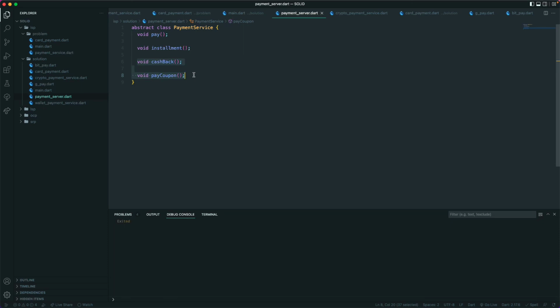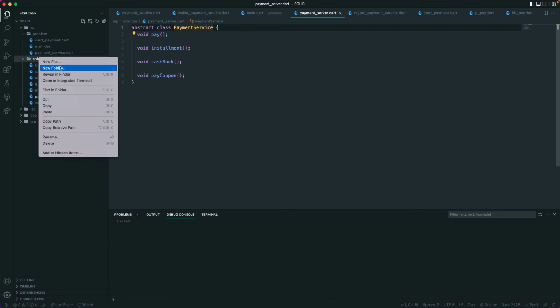So it depends on your requirements. So you can segregate your interface, make it much smaller, and be more specific. So if you just need a pay cash over here with the payment service, you can create a different interface for that one. So let us try to segregate this payment service, and for that I'll just create a new